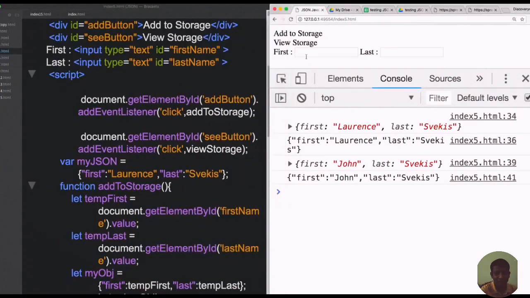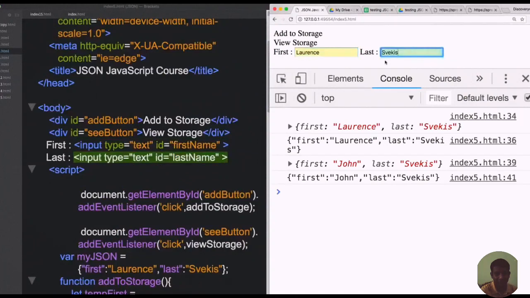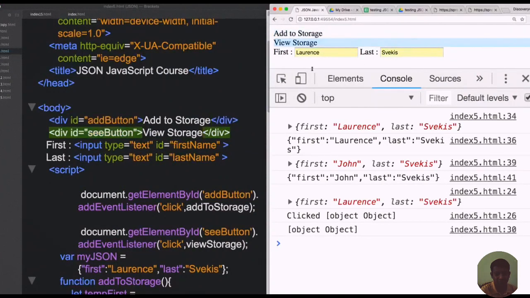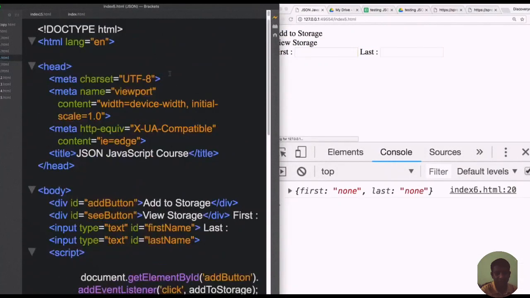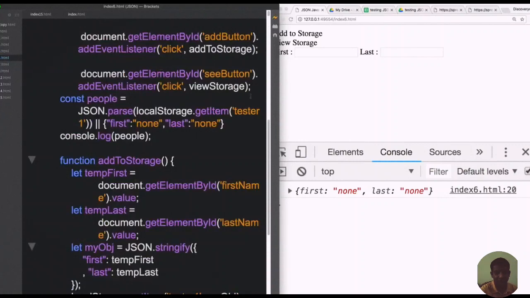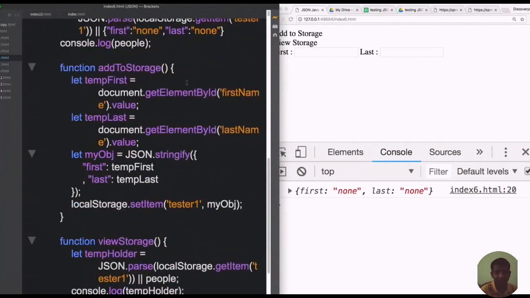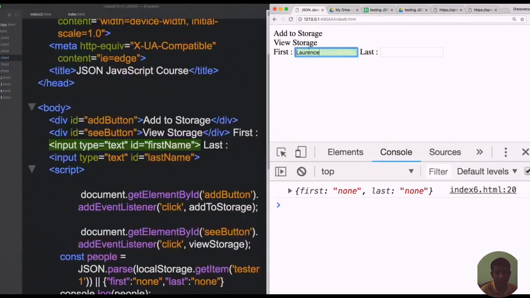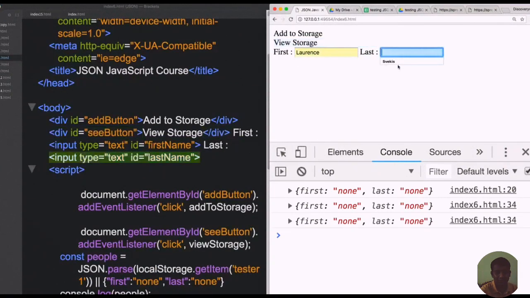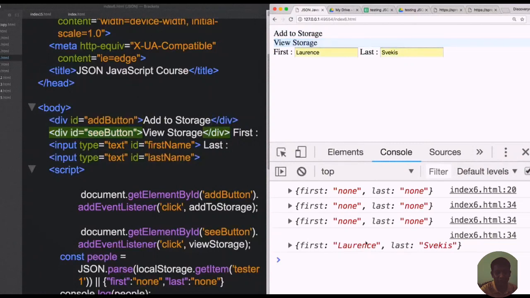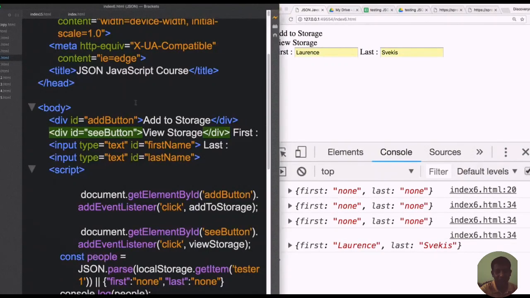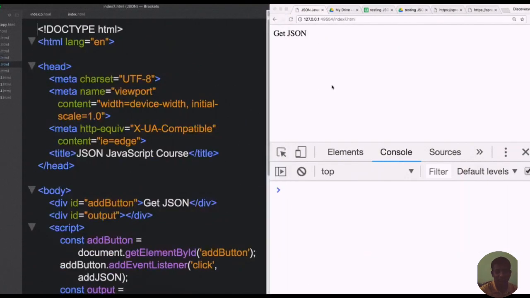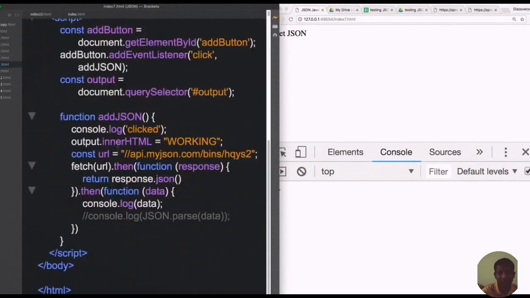We saw how that works with local storage, where we can add content into our local storage and view our local storage, and this is all accomplished using stringify and the different methods to transform that content into a string version and then parse it back. We saw how we can output that information, add it to storage, and view what's in the storage. We also tweaked it and set up some defaults so that if there's nothing in the storage, we're just outputting none. So we saw how that all fit together and the usefulness of making use of those JavaScript